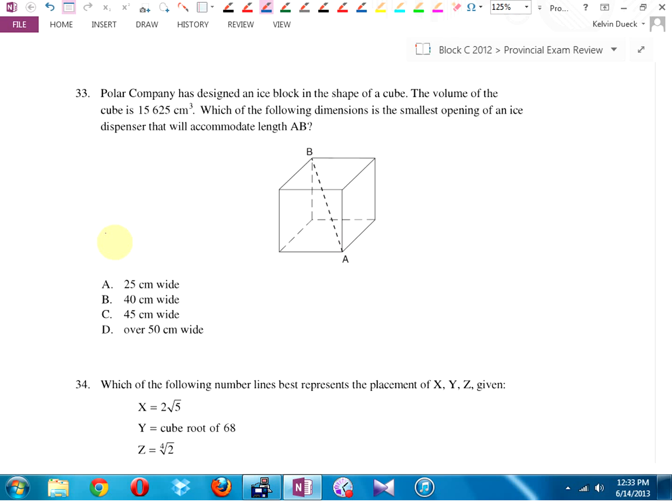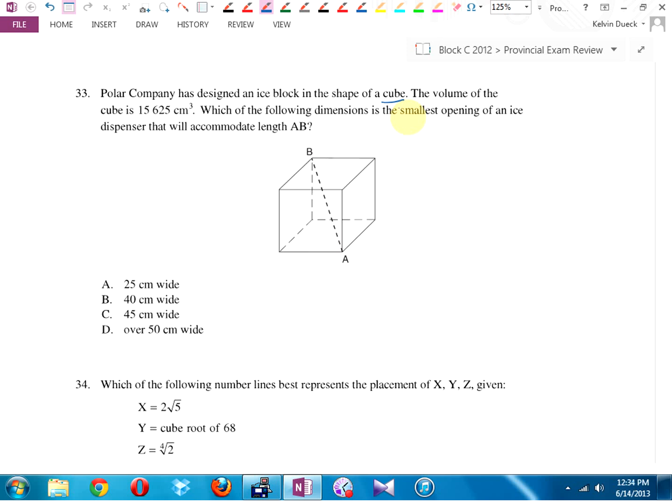The Polar Company has designed an ice block in the shape of a what? Cube. That's important. Underline the word cube. What is a cube? Square. Well, no, that square is flat. A 3D square. A three-dimensional square. You know what? Here's a cube, my little dice of fate. Now, here's what it's saying. It's saying the volume of an ice cube is